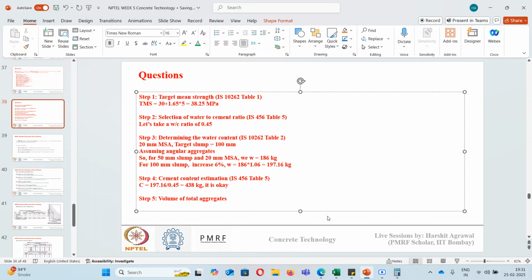Okay, so volume of total aggregates. Suppose I am preparing 1 meter cube concrete. So my volume of total aggregates will be 1 minus